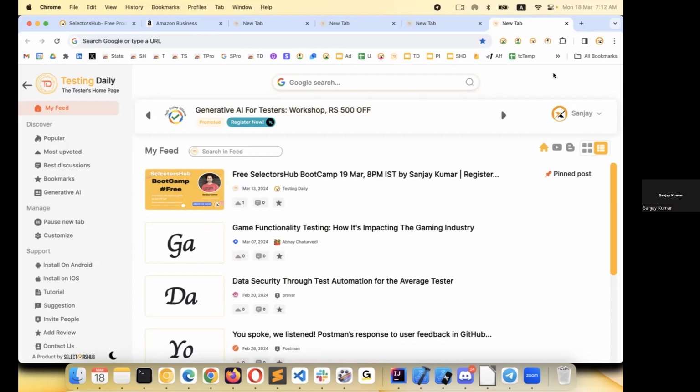It will pick up all the feeds, all the YouTube videos and everything, based on testing related stuff. If there are testing related videos on something like Selenium or Playwright, we have written that logic behind the scene that it should show all the feed which is related to software testing, not anything which is not related to software testing. So the good thing is you will only get the feed which is related to software testing. Here, if you see any webinar or any tool, it will be shown here